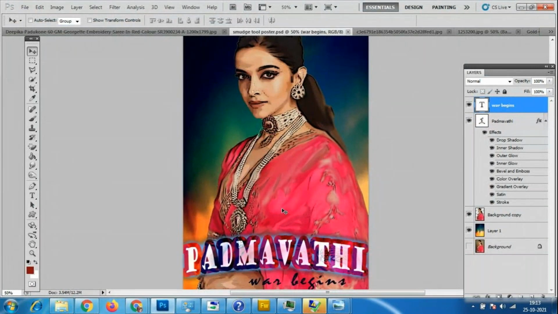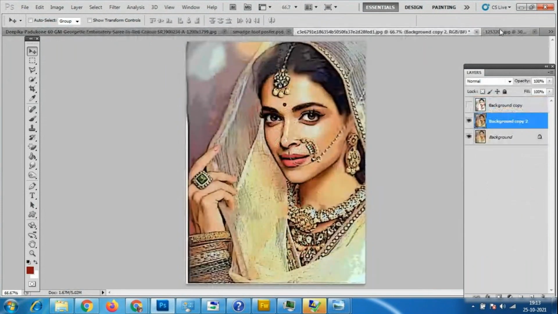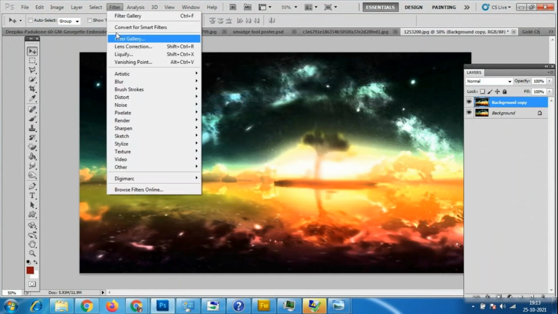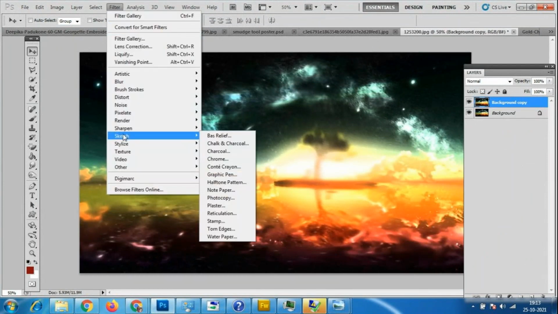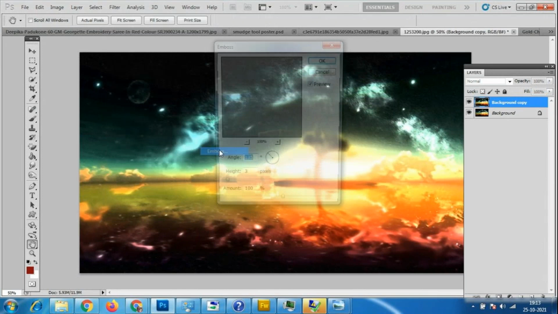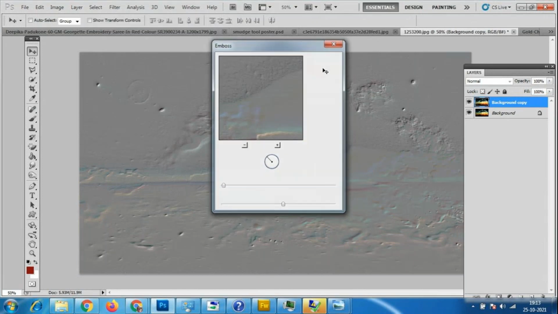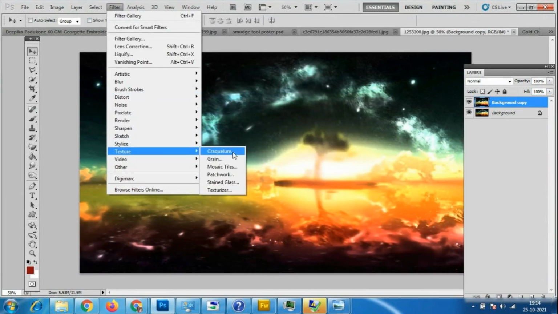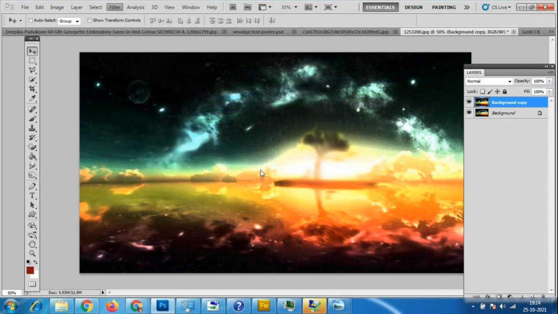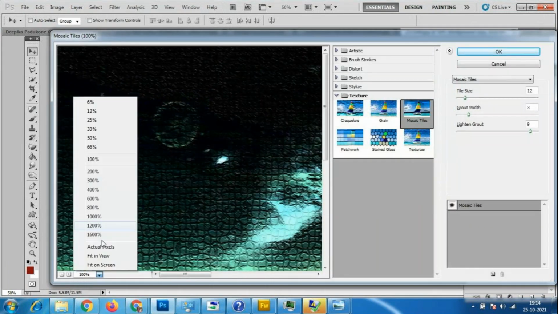See, I have taken a background template like this. Otherwise, with any scenery I have, I'll give some filter gallery effect, or an emboss effect, or a mosaic effect, so things you are not able to see properly. You can give these kinds of effects in the background.